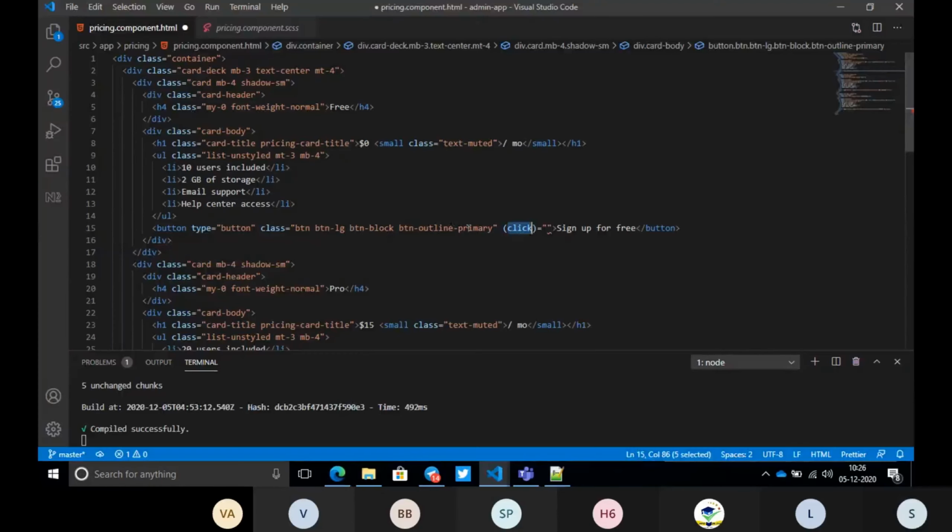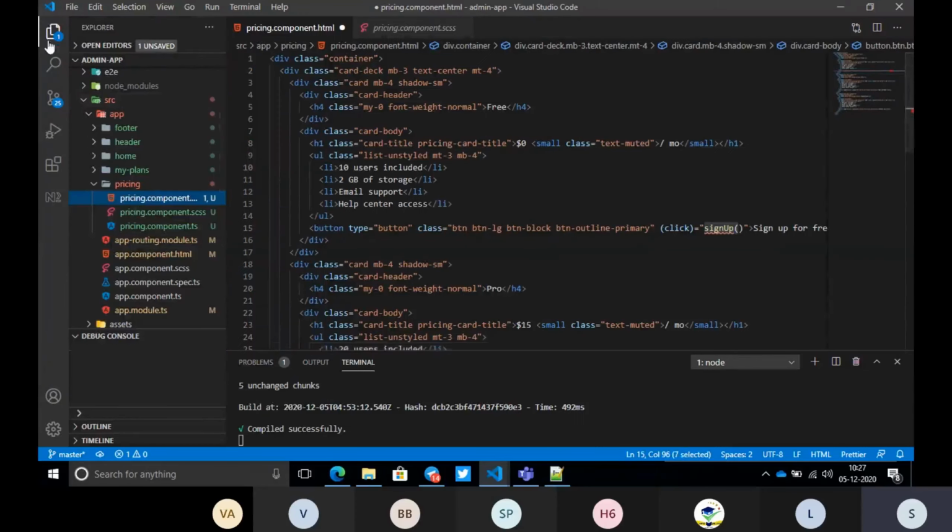Now whenever I click it, I want to execute a method for the sign up process. I will write signUp and the method name. By default, it will give an error saying this method is not available, because this HTML is bound to a component, the pricing.ts file.